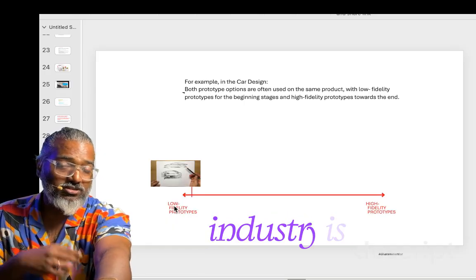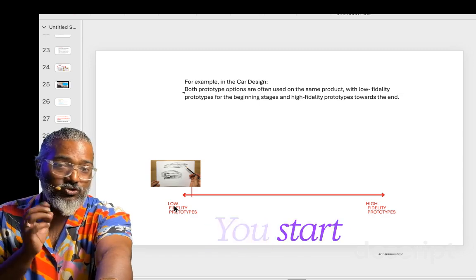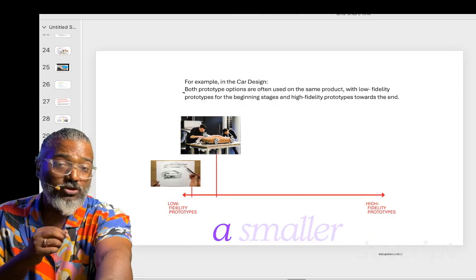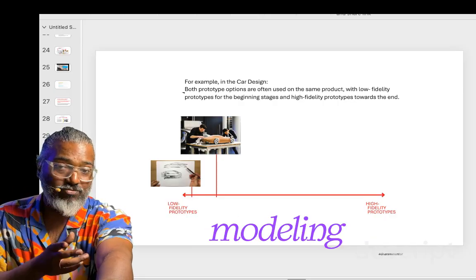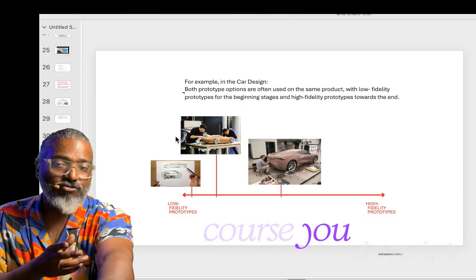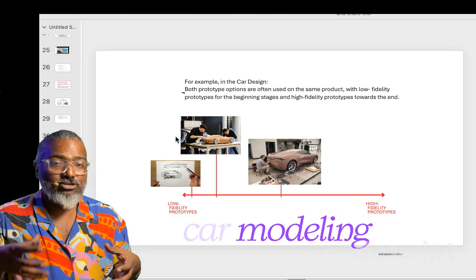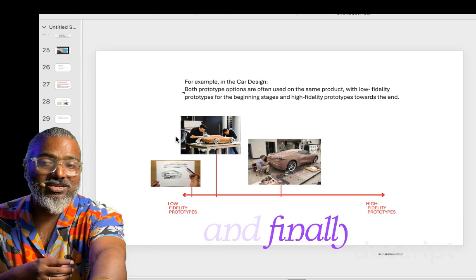In the car industry, it is very much vivid. You start with a drawing on paper, then you move to a smaller car clay modeling, and then of course you move to actual size car modeling, and finally working